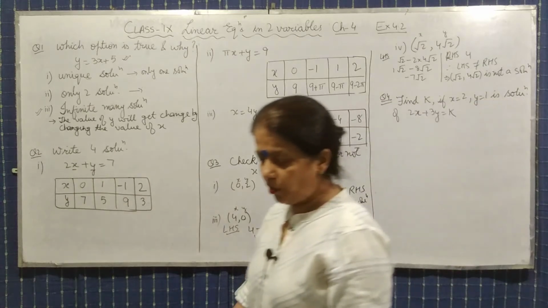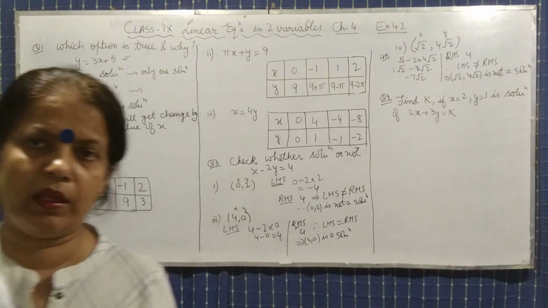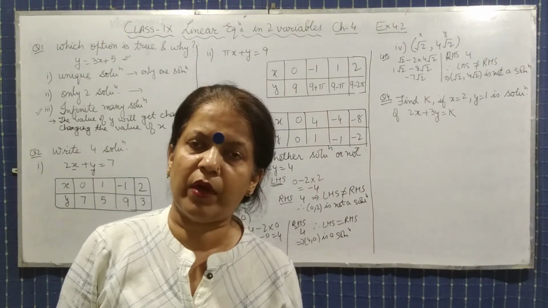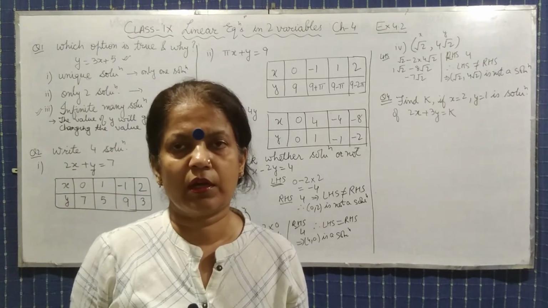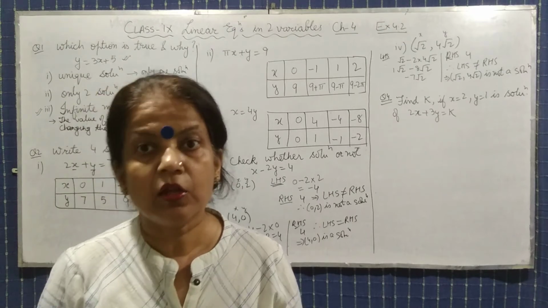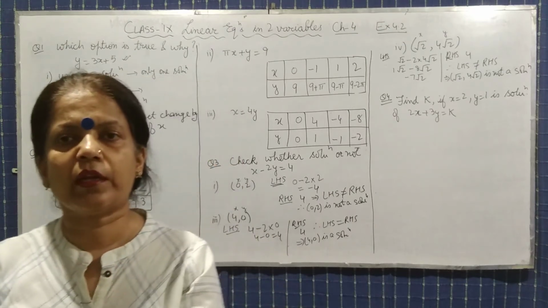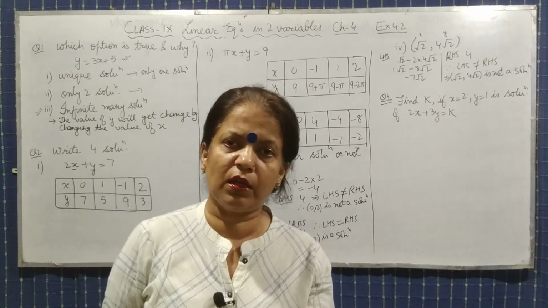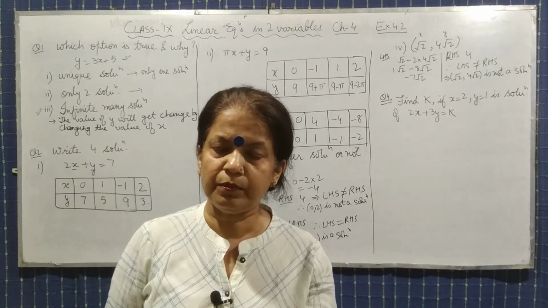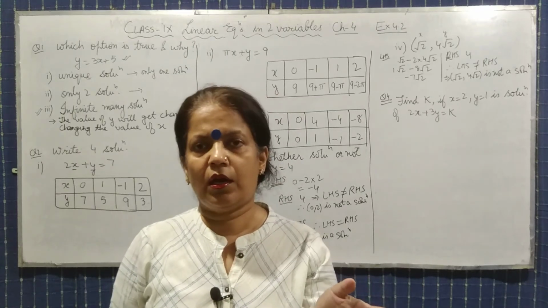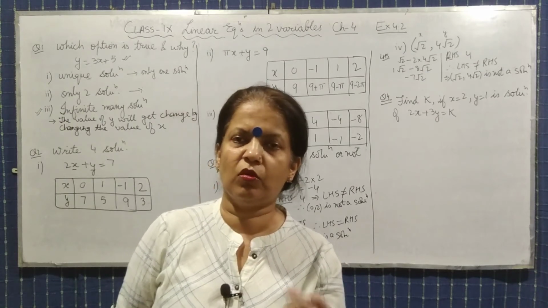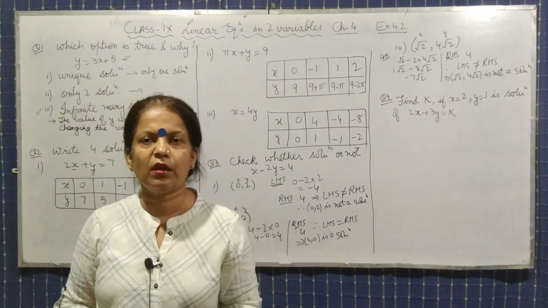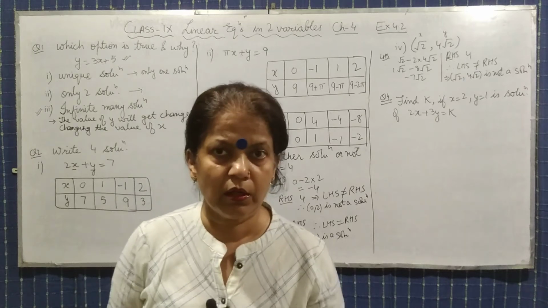Got it? तो अगर कोई भी कोऑर्डिनेट दिया हुआ है and you have to find out कि क्या वो गिवन लीनियर इक्वेशन का सॉल्यूशन है या नहीं, so what will you do? उस कोऑर्डिनेट की वैल्यू you will put it in the linear equation and then you will see LHS and RHS are same or not. अगर सेम है तो वो सॉल्यूशन है, अगर सेम नहीं है then it will not be a solution.